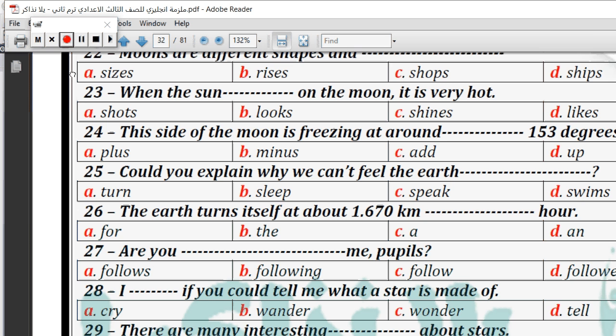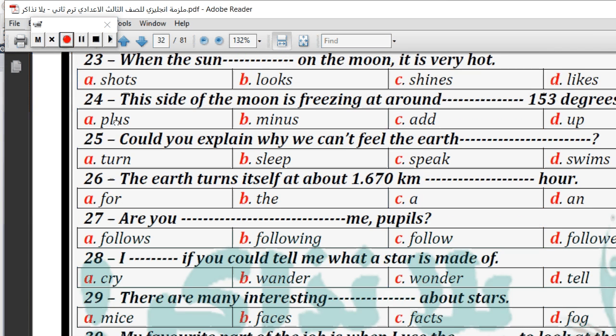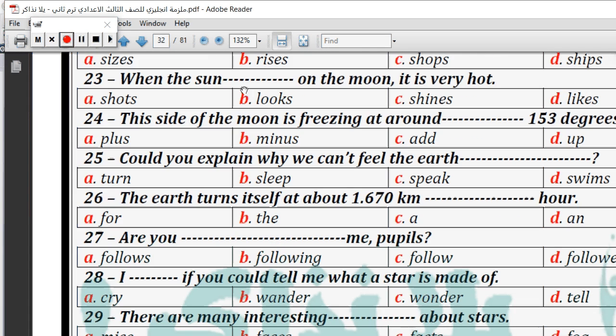Number 23. When the sun space on the moon, it's very hot. Shots, looks, shines, likes. Excellent. Shines on the moon. Number 24. The dark side of the moon is freezing at around minus 153 degrees.